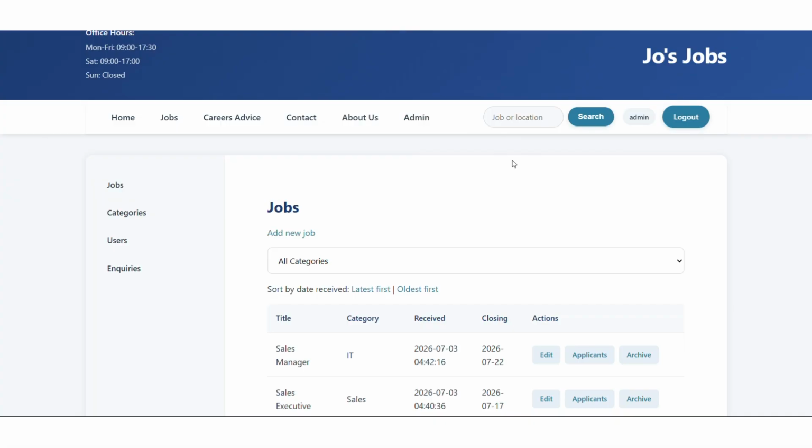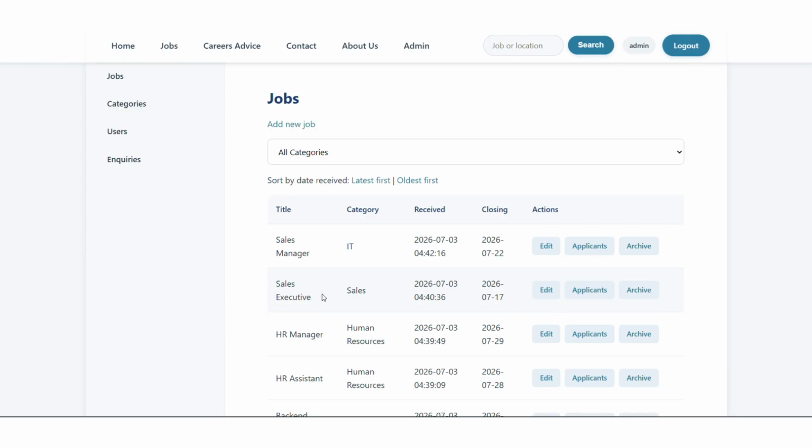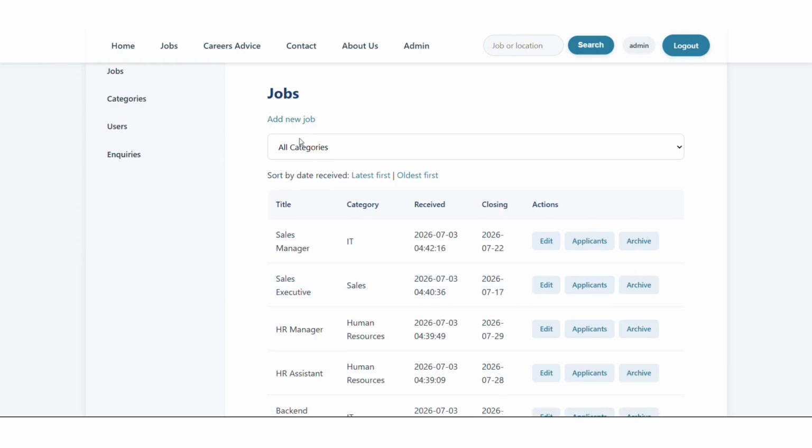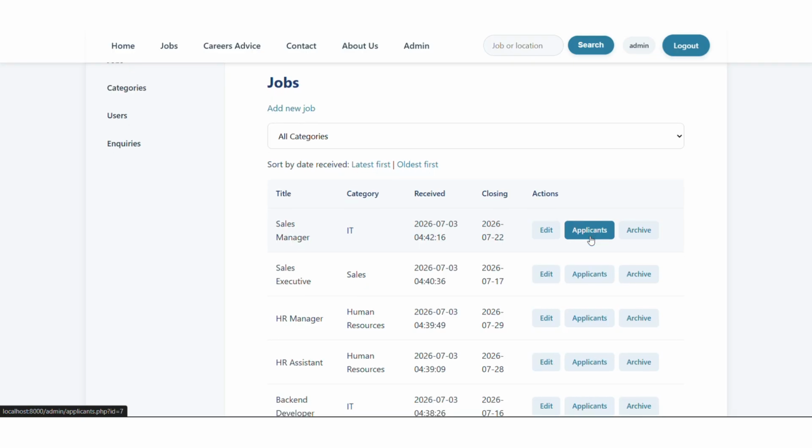The client dashboard shows limited options: view own jobs only, add new jobs, view applicant jobs, no user management action. This is enforced by the required role function in includes/function.php.